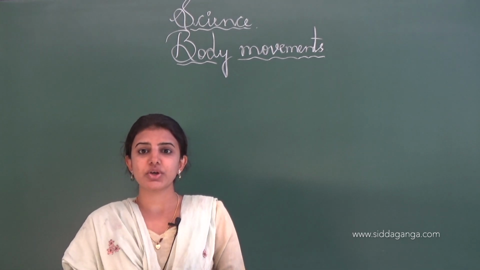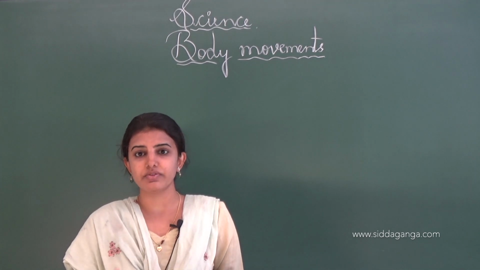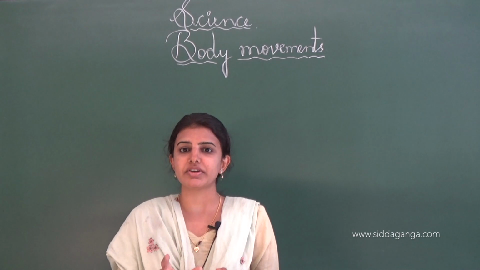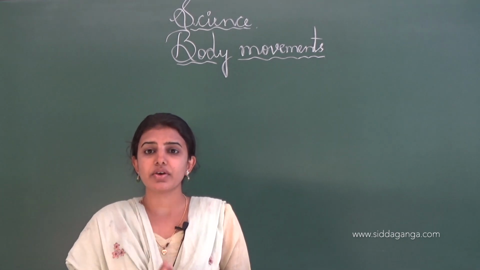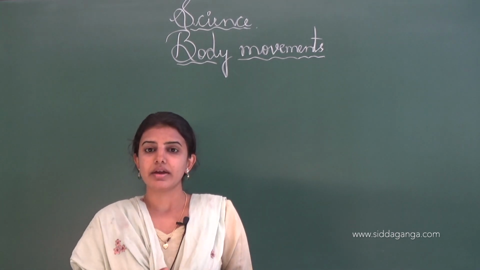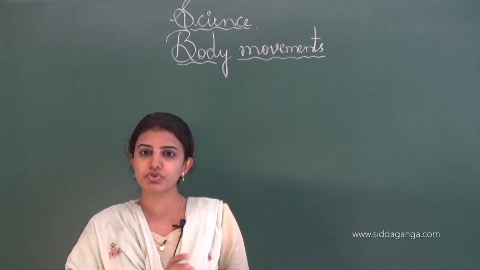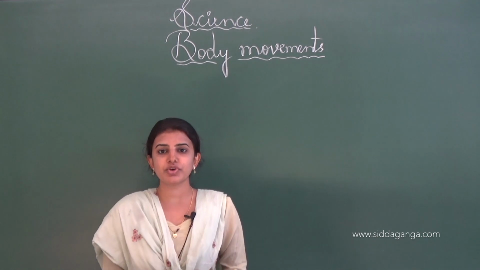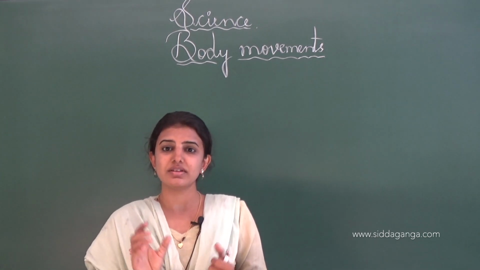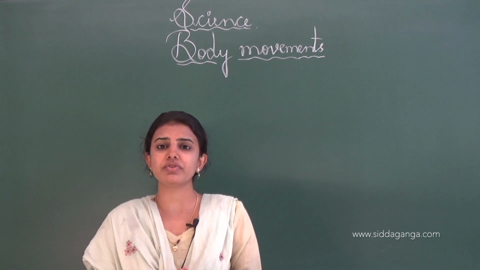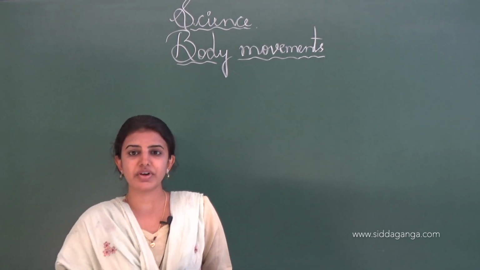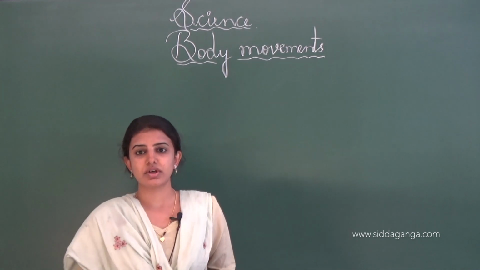Whereas for immovable joints, an example is the upper jaw, where it is fixed in a particular place and does not move at all. Such joints are called immovable joints. And the last one is the movable joints. As the name indicates, movable joints move freely. Movement takes place in a free way.